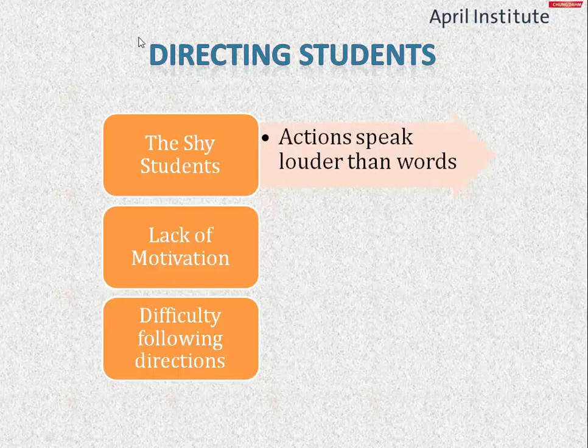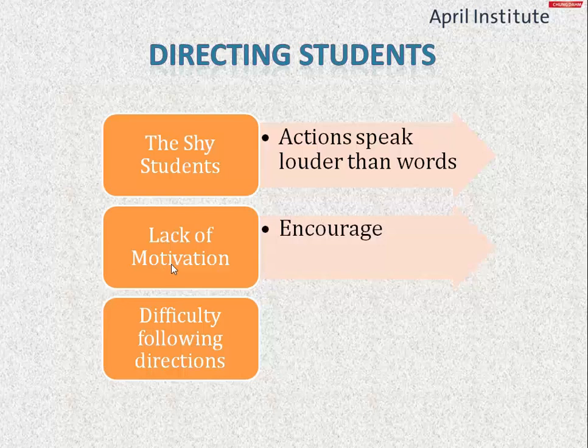The next type of student you might run into is a student with a lack of motivation. And we generally see this with the higher levels like sapling. So the best advice I can give you is to encourage them. To give you an example, one of my sapling classes in the beginning of the term, they do not love making creative thinking projects. And it really was frustrating because I was putting in a lot of effort and I wanted them to like it.